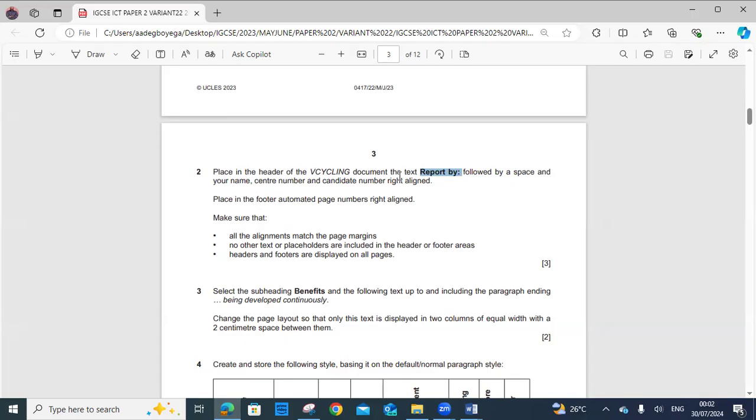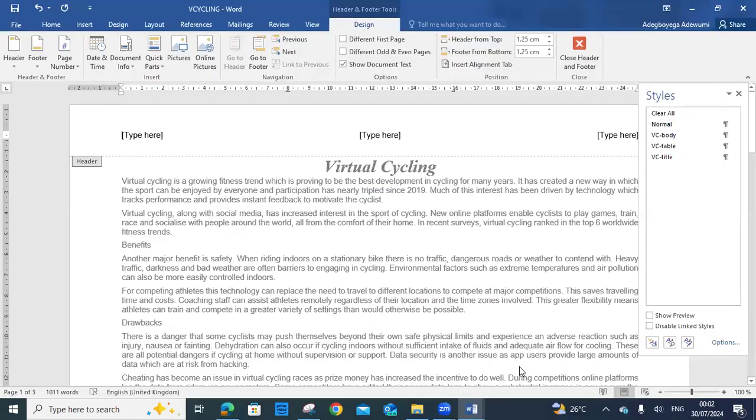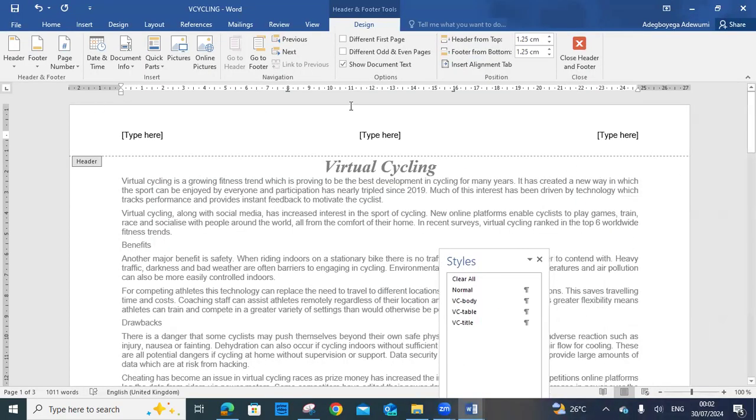Place in the header of the document by text, followed by a space and your name, center number, and candidate number, right aligned. So we've been told where it should be. As I said earlier, you use the 3 columns for you to have a proper alignment. So we'll be told to put on the right. So I'll paste what I've already reported by, space, my name,